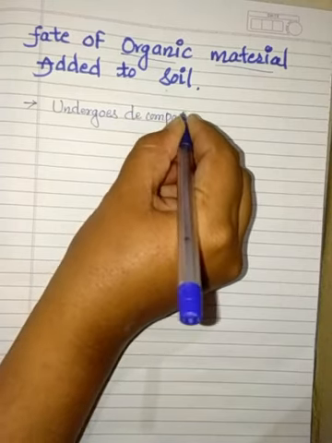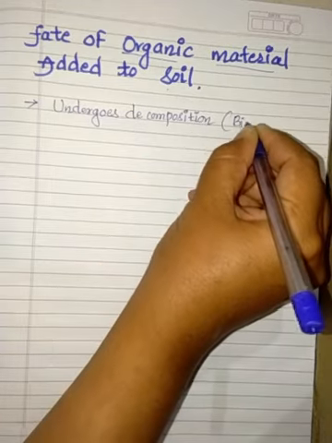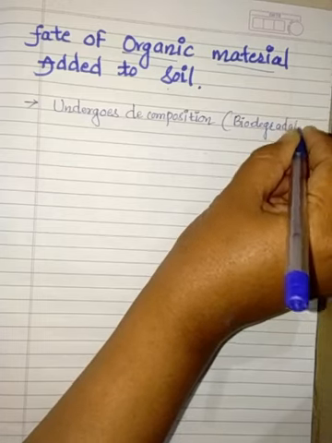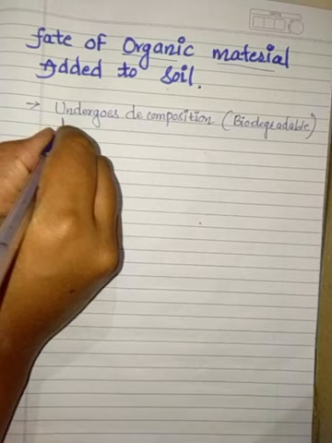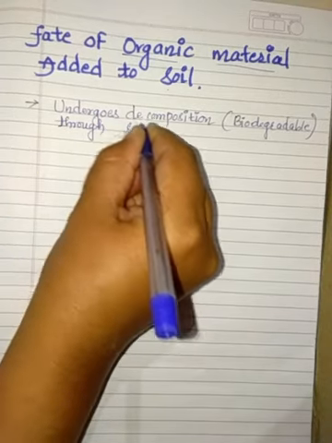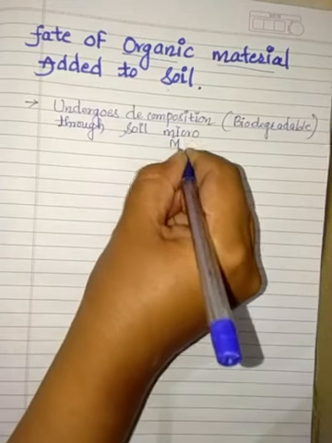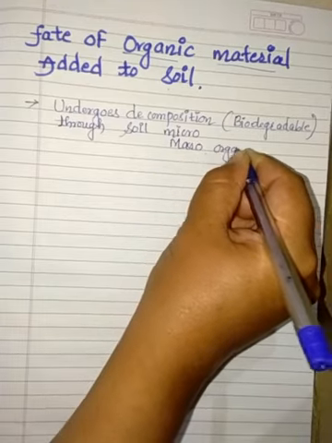Which material can undergo decomposition? We already know, biodegradable material undergoes decomposition, through soil microorganisms, micro as well as macro organisms